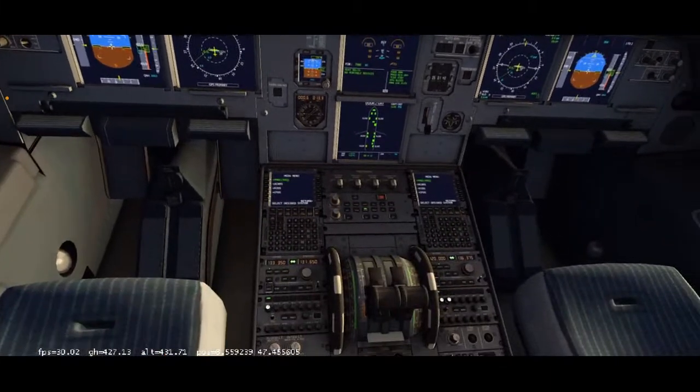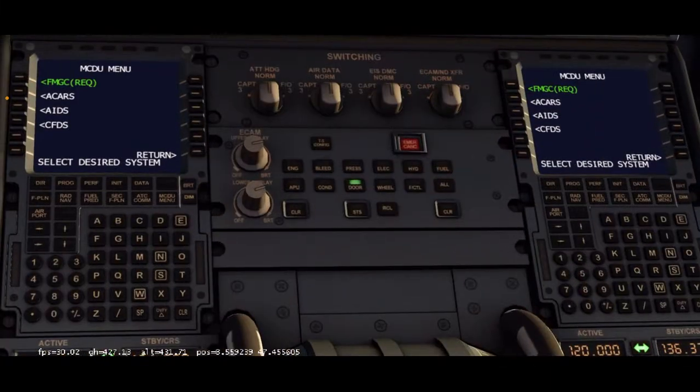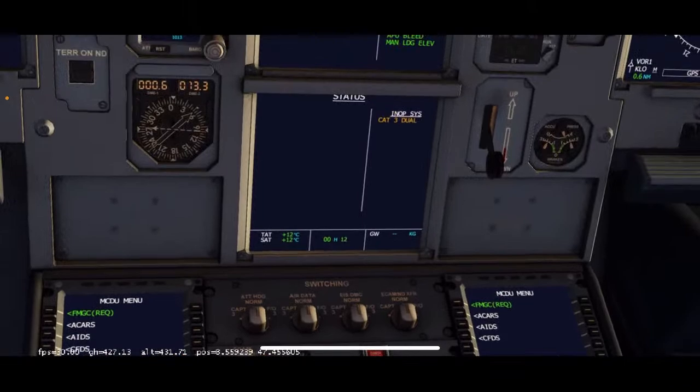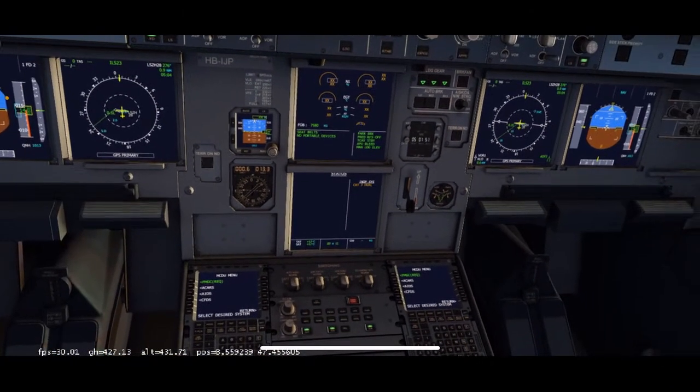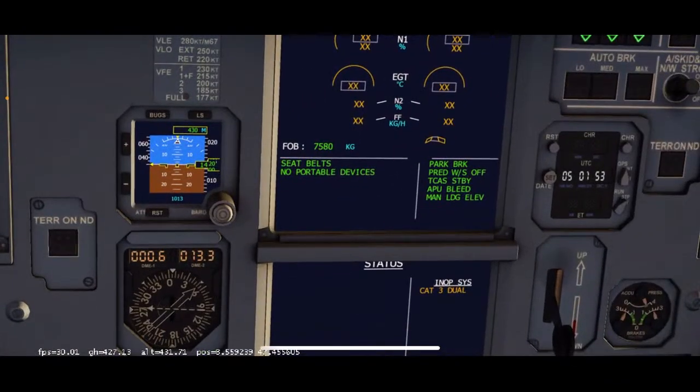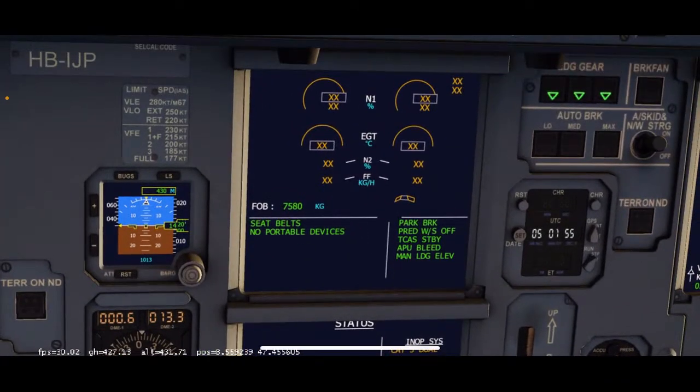I usually do a status check again, just to make sure that I didn't miss anything. Status. In-cop systems, Cat Dual, probably because our engines are off right now. Up here on this screen, on the left you'll see what's on, so no seatbelts and no portable devices, basically no phones in use right now. Parking brake on the right side of that line, you'll see Park, BRK, that's everything that's on or off right now. So parking brake is on,